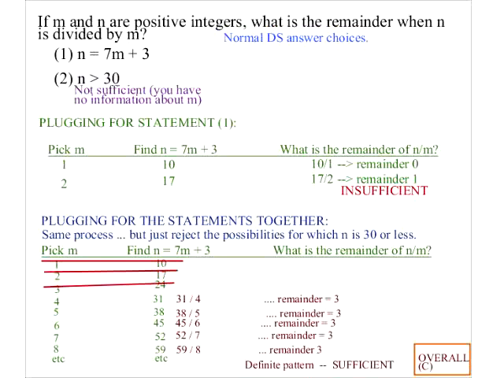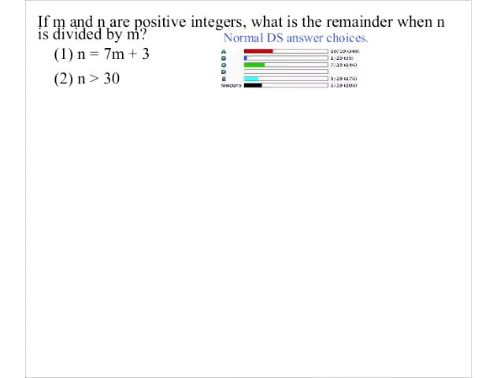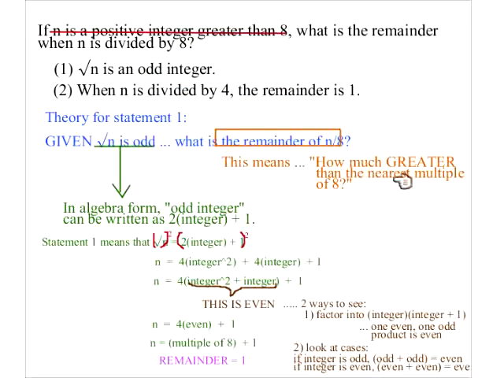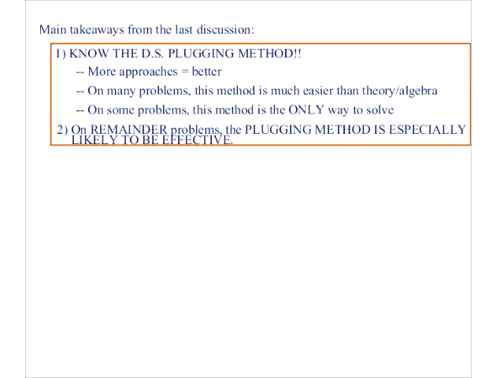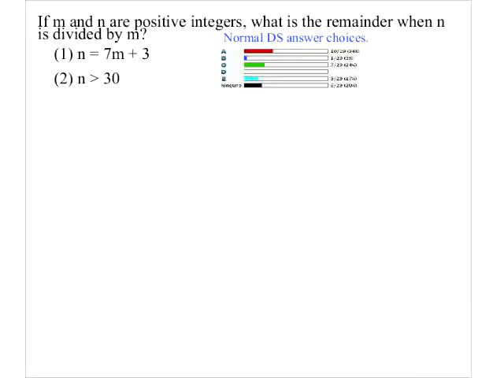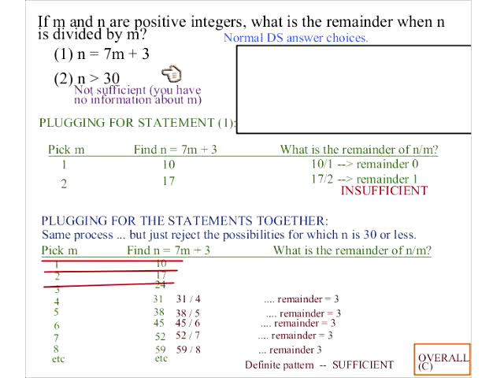So the people who marked A, what they were doing is looking at this and saying, okay, the logic of that is that it's kind of like this, where they're saying how much greater than the nearest multiple of 8. So if n is 1 more than a multiple of 8, then that's definitely a remainder of 1 if you divide by 8. The problem here is that this would mean that n is 3 more than some multiple of